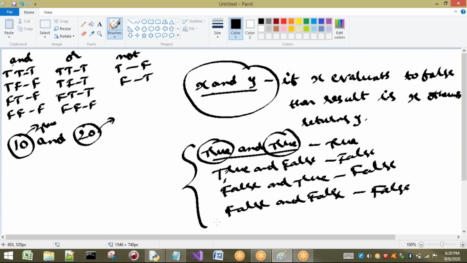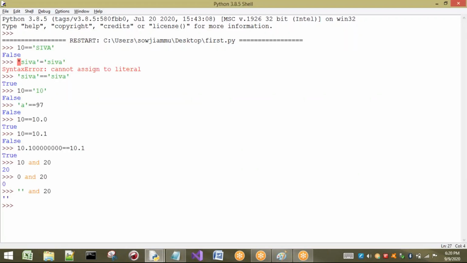If you consider true or false, as per the rule we know that only true and true gives the answer true. In all the remaining cases we are going to get false. Okay, this is about and. Now I want to show you the OR case, for example x or y. First I will show you, then you can understand the concept. Later we will go to the statement, because I have already shown you the and statement. Now I will write four different expressions, then you can understand the statement. 10 or 20, the result is what?